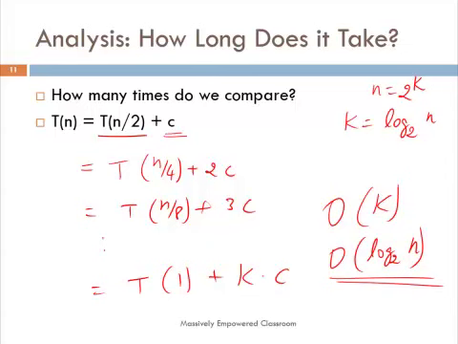But the requirement is, so that we remember it, the array should be already sorted. If it is not sorted, it is not possible to implement binary search. Also, it is only possible to implement this in an array. It is not possible to implement this binary search algorithm on a linked list, for example, because there is no way in a linked list to get to the midpoint of the array in constant time. It's very, very critical that the number of steps required to get to the midpoint must be a constant value. That cannot be dependent on the length of the data, right? So that's another requirement. So binary search can be implemented on arrays and on sorted arrays only.